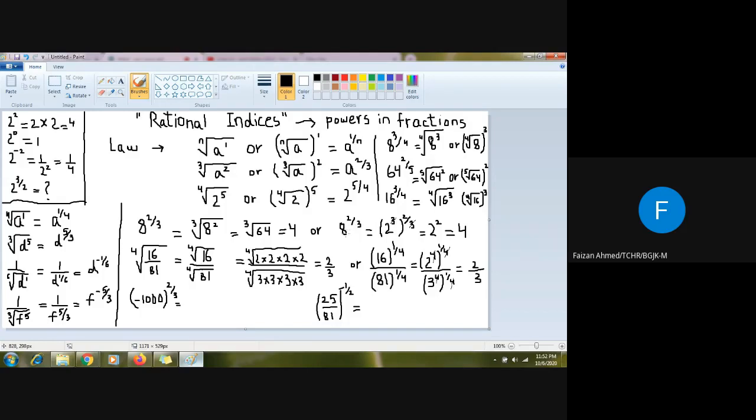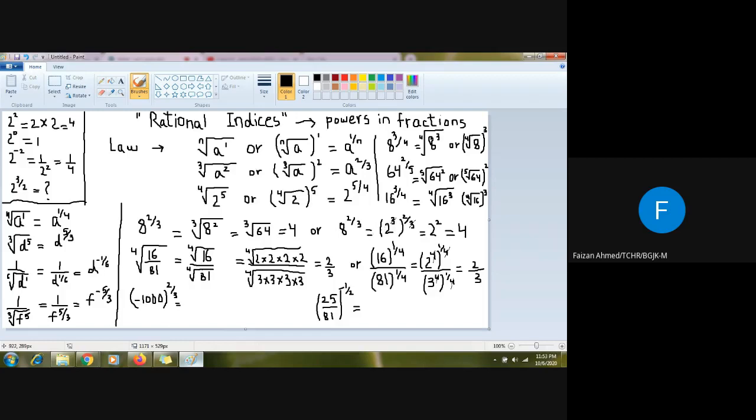I can write 8 as a power of 2 because I have to remove this 3. This 3 is in the denominator. If I can bring a 3 inside over here, if I can write 8 to the power of cube, I will be able to cut this 3 out, and I can easily find out the power which is in the numerator. So what will I do?